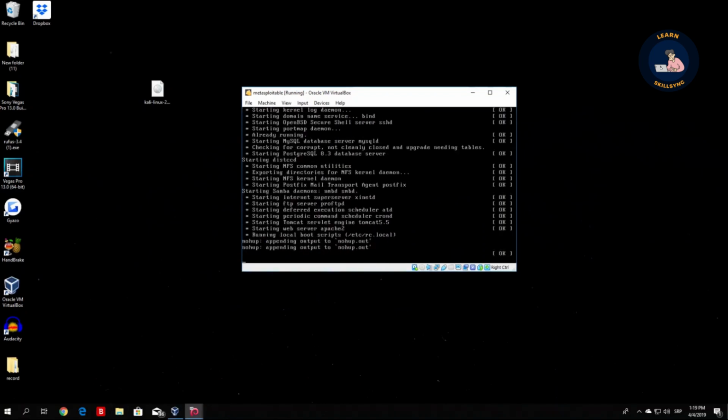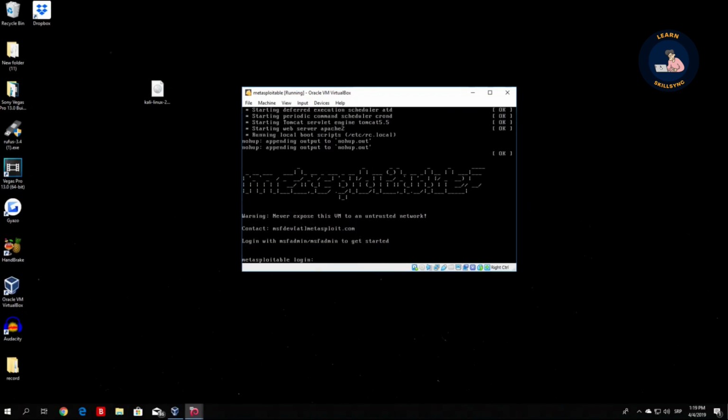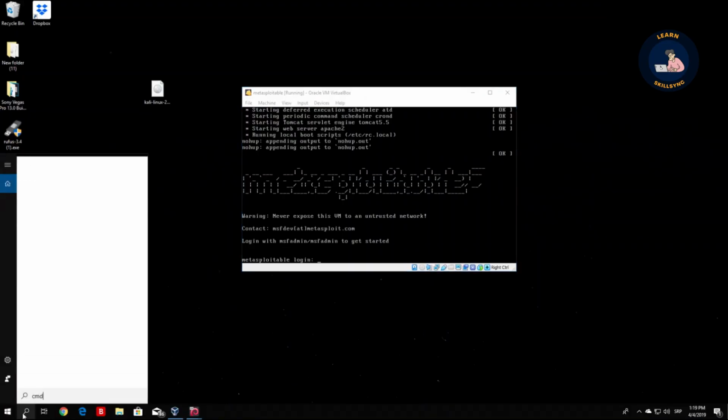Now, after the installation of the Metasploitable, what I will show you is how you can actually make both the Metasploitable and your Kali Linux machine belong to your local area network. By belonging to your local area network, I basically mean to have an IP address which will belong to your local area network. For example, if I go right here, let me just open my command prompt,